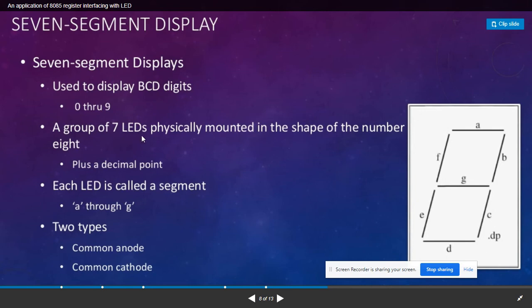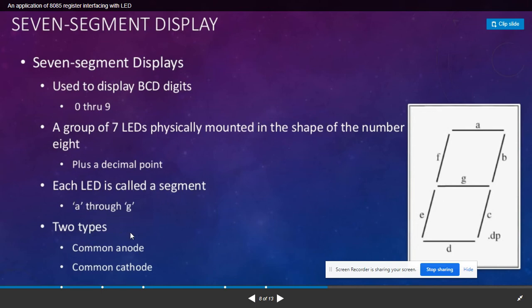It is a group of 7 LEDs physically mounted in the shape of the number 8 plus a decimal digit. Each LED is called a segment, that is from A to G.